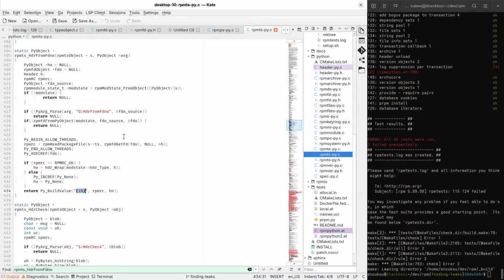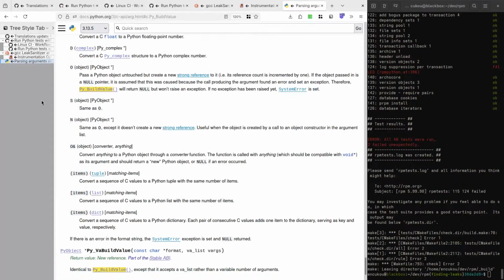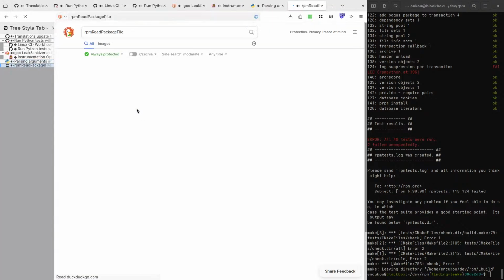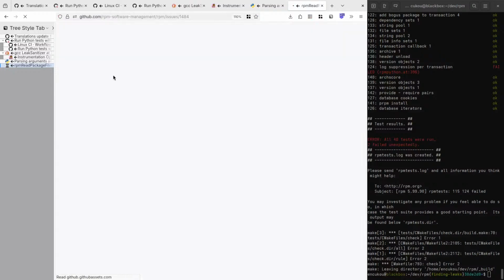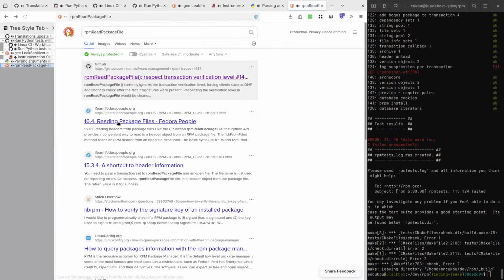So does RPM read package file, is there any documentation for RPM read package file? Probably not.